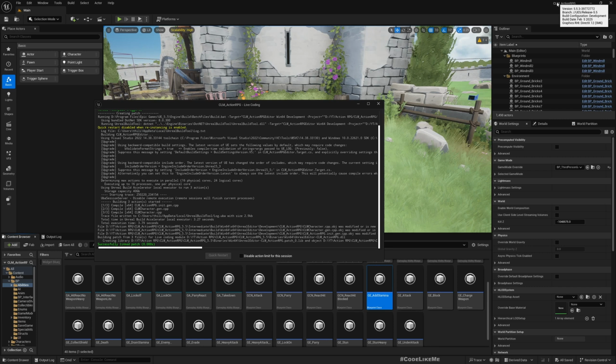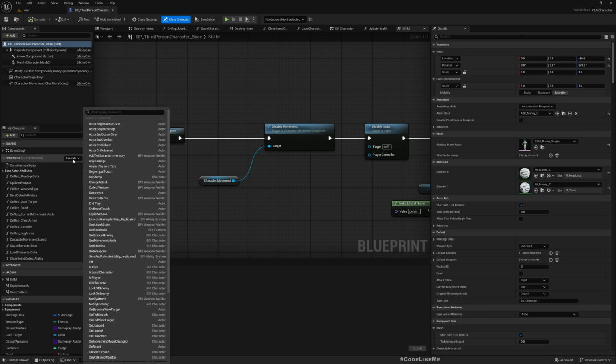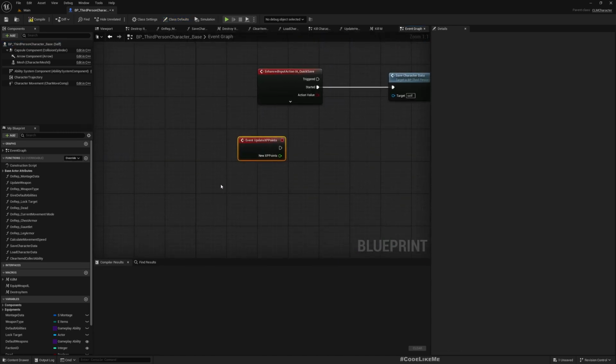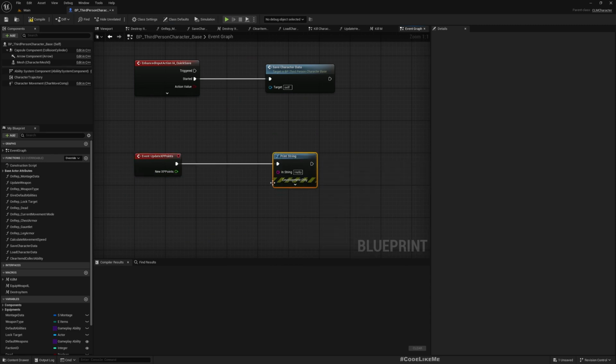By the way, I have now switched to the 5.53 version. We will be continuing with 5.53 in future as well. Okay, successfully compiled. Now if I open my character, in my base character, if I go to override, I should have the update XP points event. So for now, let me just print